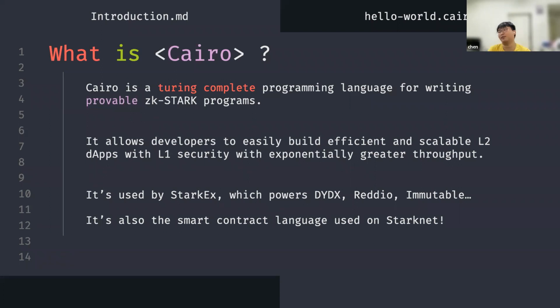So to add some context, Cairo is a Turing complete programming language for writing provable ZK-STARK programs. It allows developers to very easily build efficient and scalable L2 dApps with L1's security and exponentially greater throughput. So what does this mean, right? It's a bunch of mumbo jumbo. So well, essentially, Cairo is